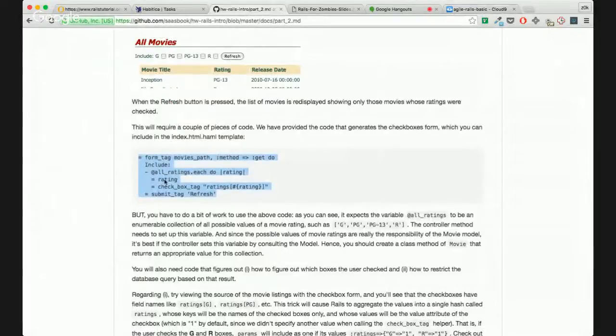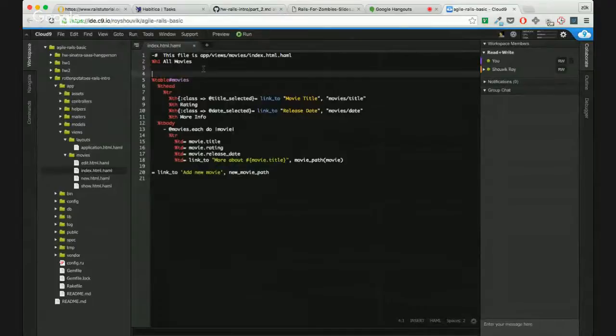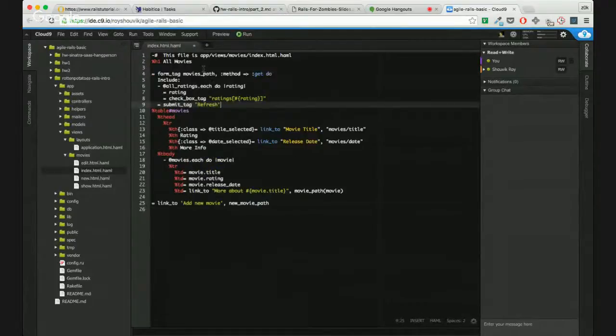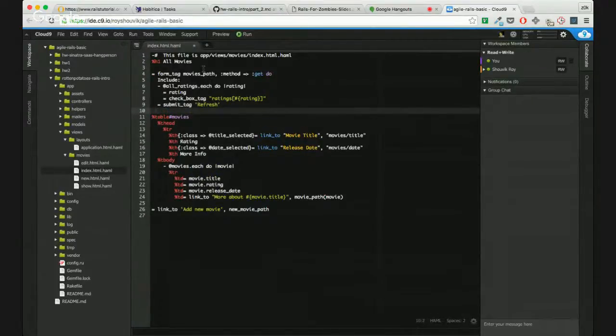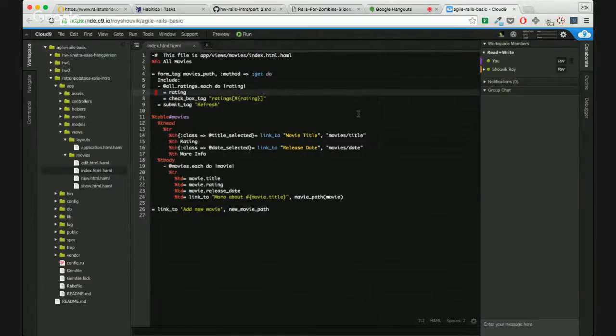Yeah. So just put the block of code, put it under, right, yeah, right there. So now we have a form tag and a couple of checkboxes and a submit tag, which would, I think,